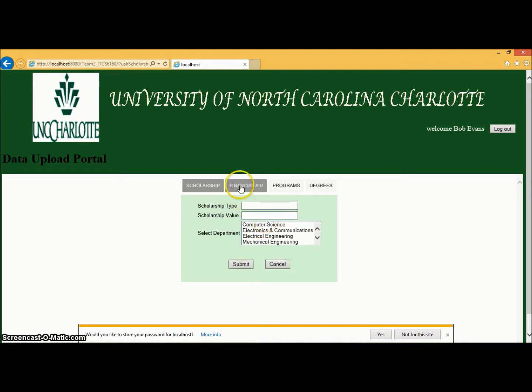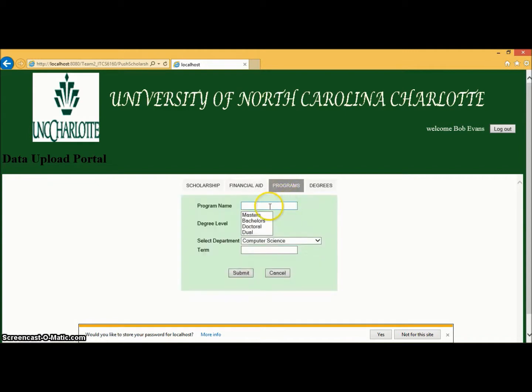It's the same case with financial aid, where you can add a financial type and value, select the department, and click on submit.